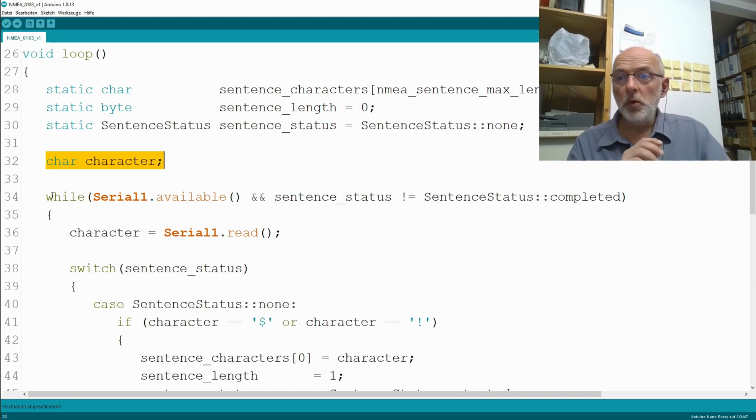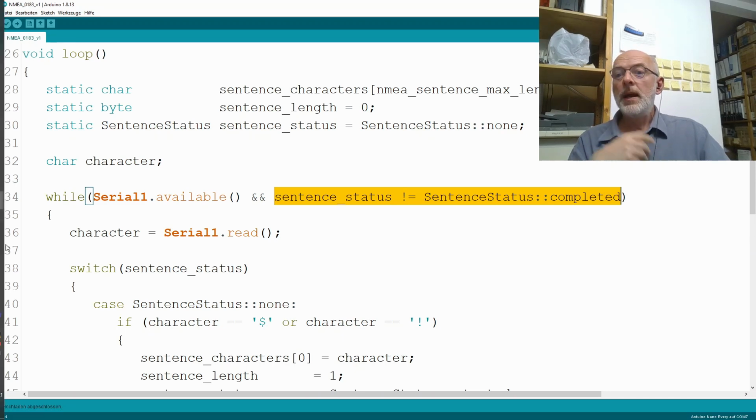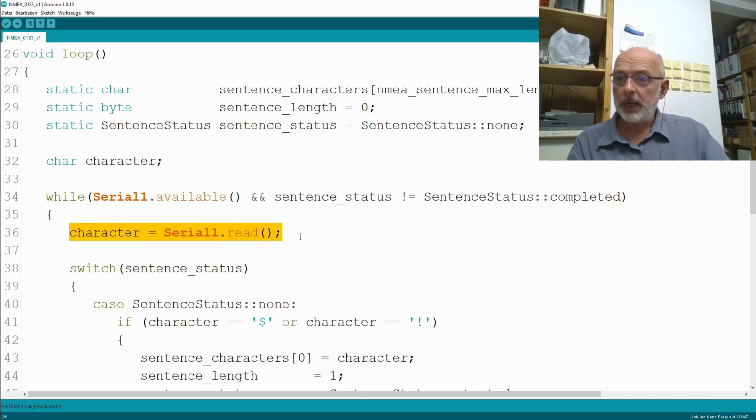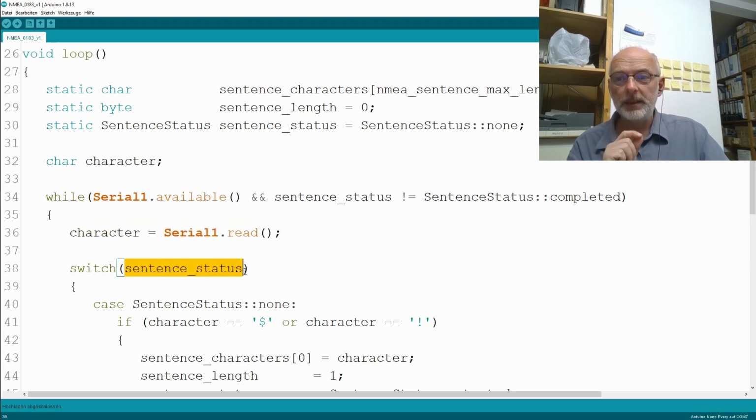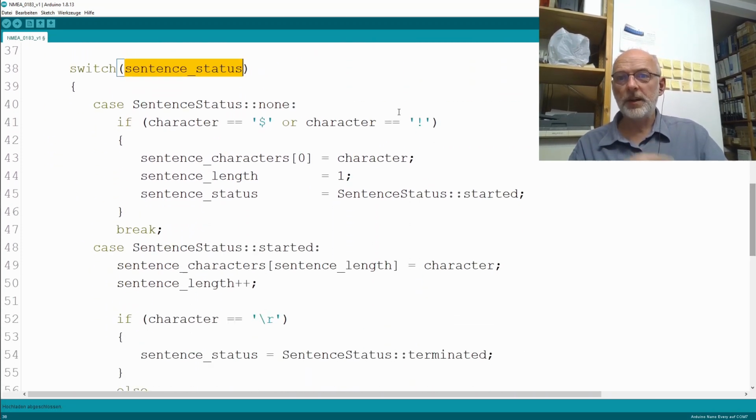Then comes a while loop that contains the main functionality. First we check if data is available from our GPS module and if the sentence status is not completed. Then I read a character from my GPS module and then we go into a huge switch statement that switches according to the current status we are in. Our first case here is, of course, for sentence status none. And if we get a dollar or exclamation mark